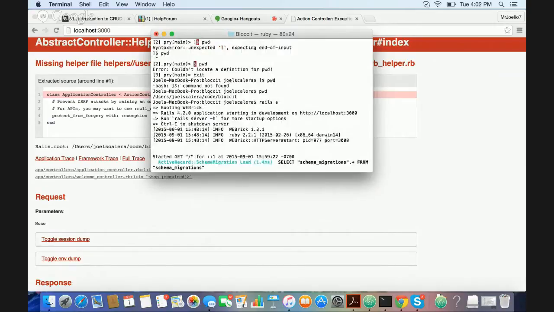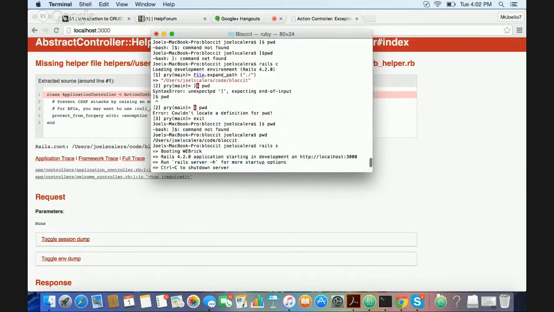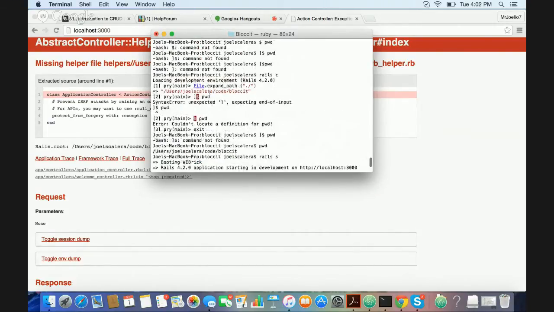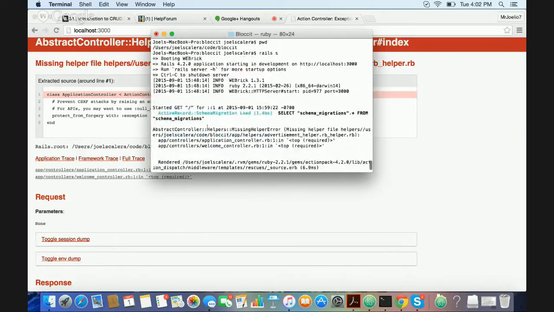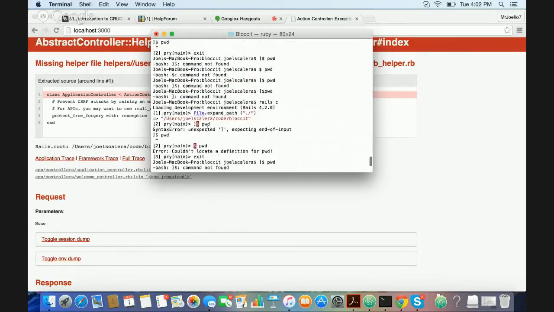But I don't see anything that is uppercase, like any uppercase letters. Okay, so it was all lowercase. Okay. Let's see. I guess except for users, but